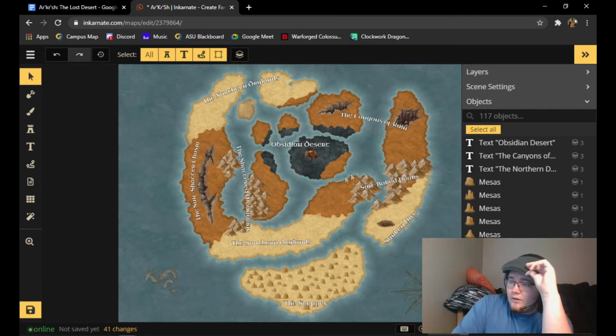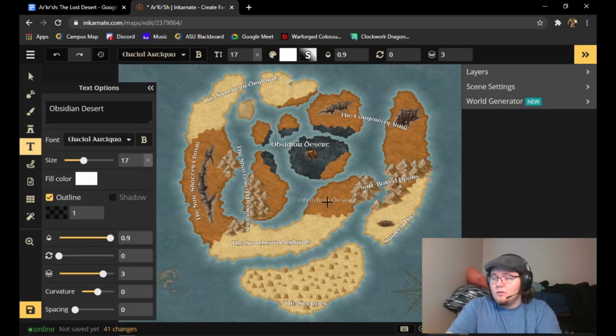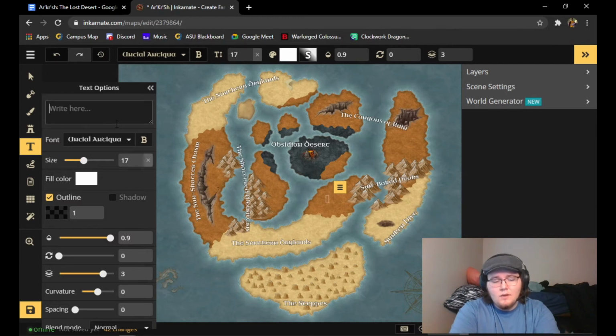Okay, so it's the Canyons of Ruin. So over here, this is the last area we've got to name. And we're going to call this the... well, let's see. The... no, I've used the too much. Everything has the in it except for the Obsidian Desert and the Sunken Hive. Of course, most of that can be removed. Canyons of... it's more of just a syntax thing.